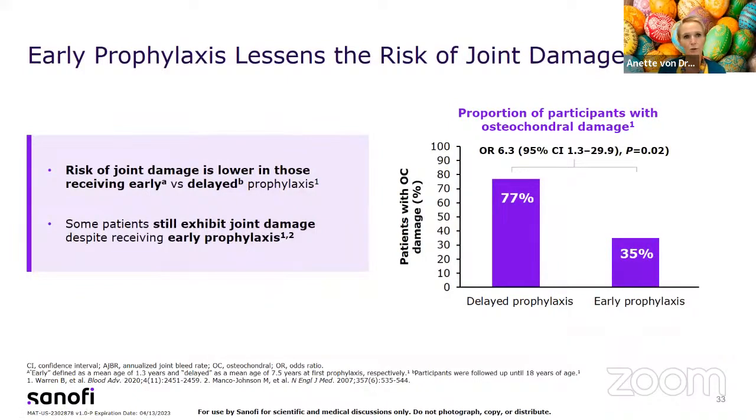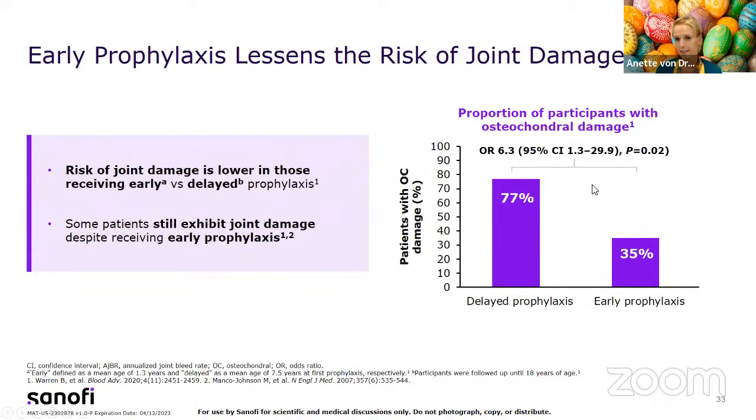So now we come to, okay, we understand folks have to be on prophylaxis, but how early should they really start? And the thought is the earlier, the better. And there are several studies to show that this is really true, that the risk of joint damage is lower in those receiving early versus delayed prophylaxis. But, and that is really important, some patients still exhibit joint damage despite receiving early prophylaxis. It's not perfect. And that is shown here to the right in that graph,